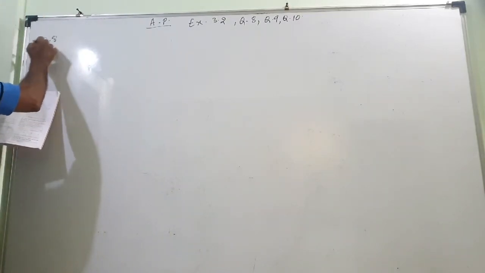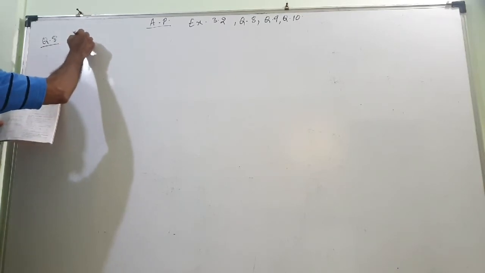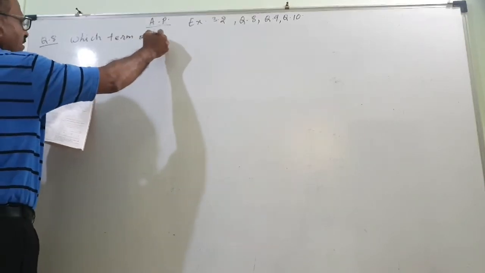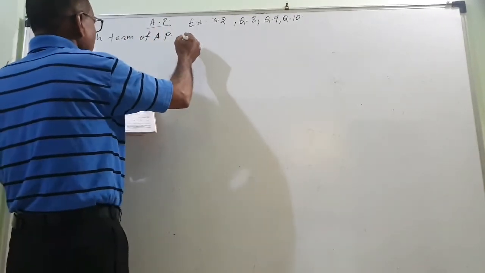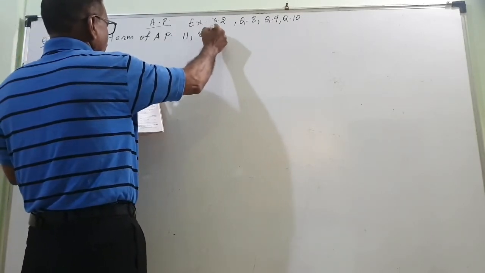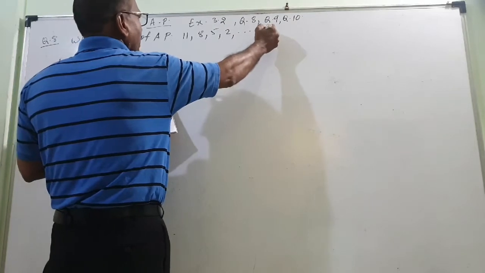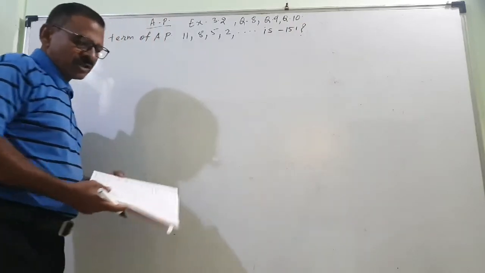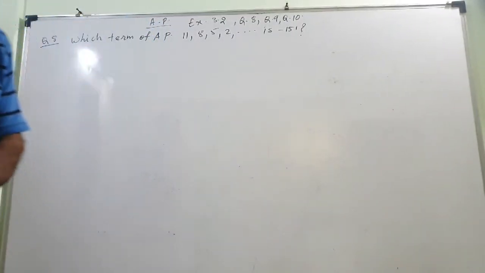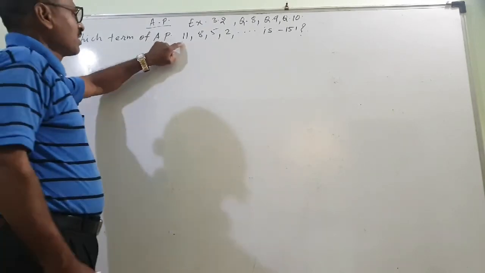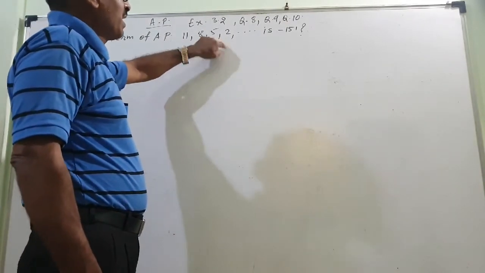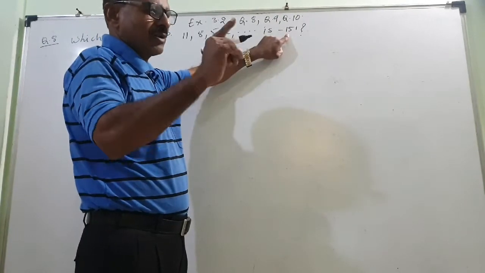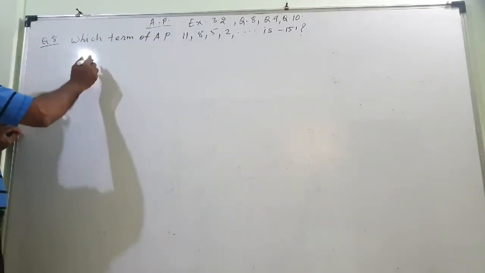Question 8. Which term of the AP 11, 8, 5, 2 is minus 151? Which term is that? So we have to find the term number. This is term number 1, term number 2, term number 3, term number 4 and so on. When will it be minus 151, what is that term number? So here